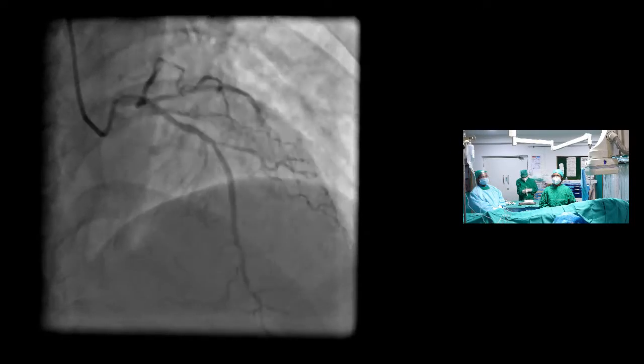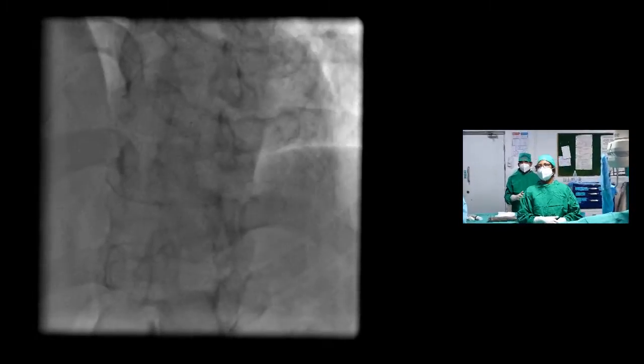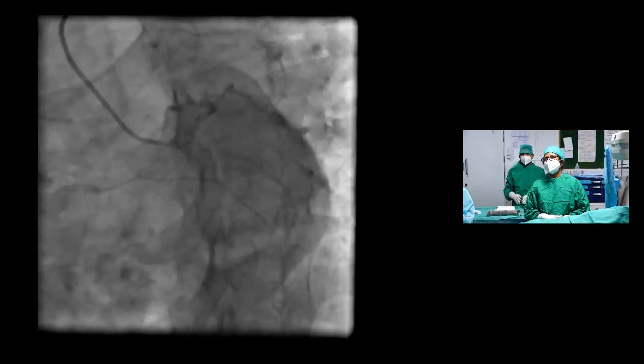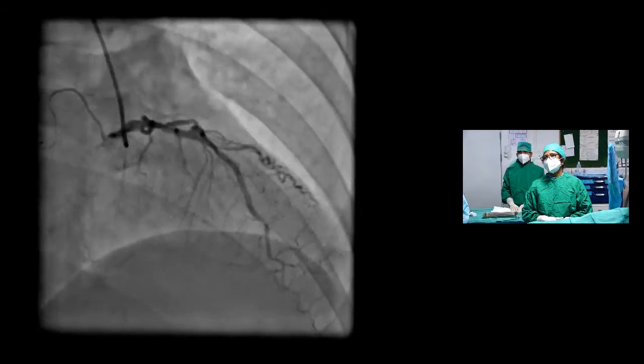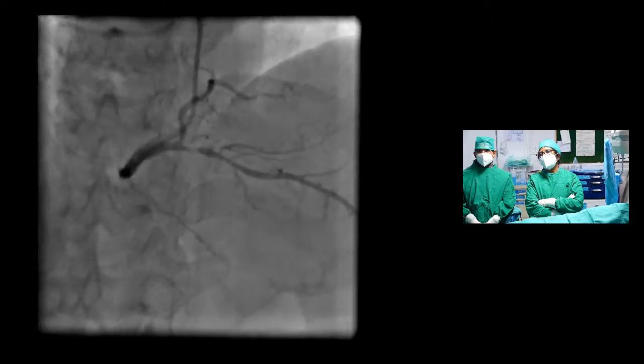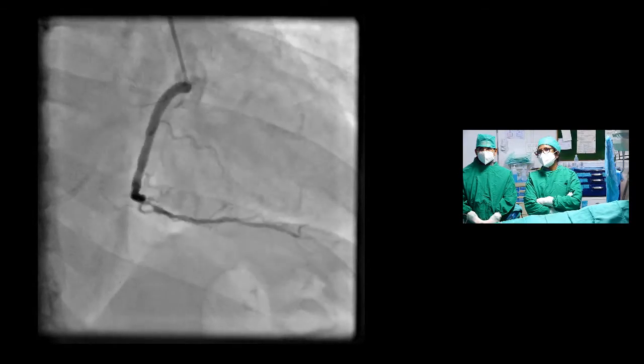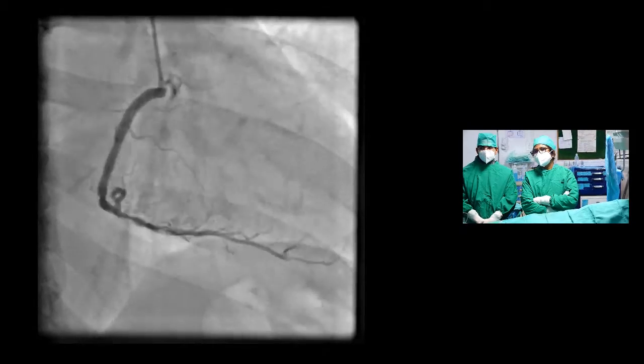In the AP caudal view, there is a critical stenosis, about 90% stenosis, extending from the ostium of the ramus to the early part of the ramus. We can also note an LAD lesion of intermediate severity in the mid LAD right after the diagonal. RCA is showing intermediate stenosis in the distal RCA and a critical stenosis of the PDA. There is about 90% stenosis of the right coronary artery in the PDA.